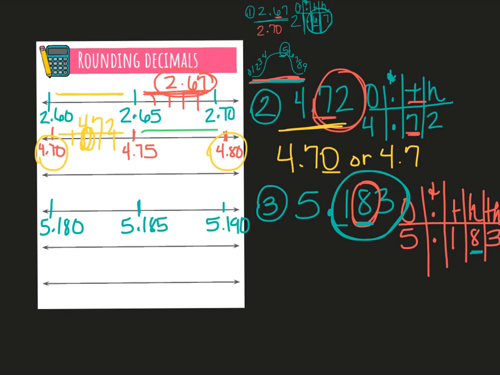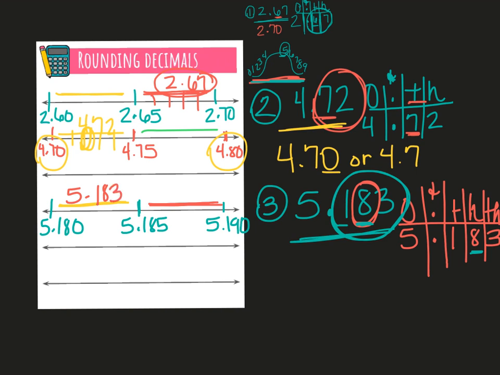So now my job is to look at my actual number that I am rounding, and I'm saying, okay, 5 and 183, does that land between 5 and 180 and 5 and 185? Or does that land between 5 and 185 thousandths and 5 and 190 thousandths? Well, I know that 183 definitely comes before 185, so I know that it would go ahead and be placed here,